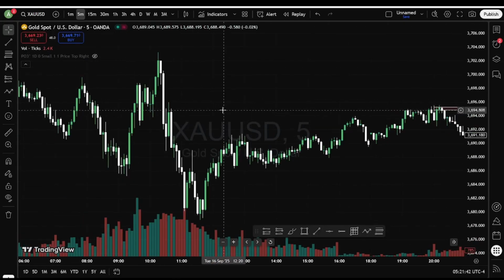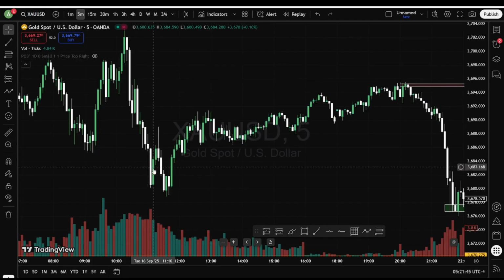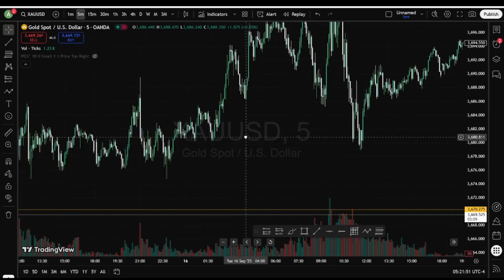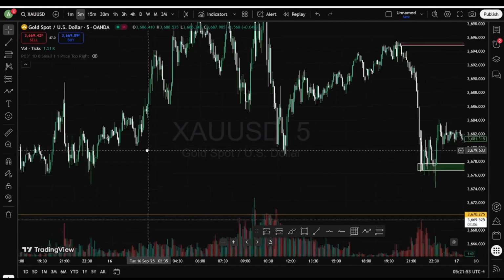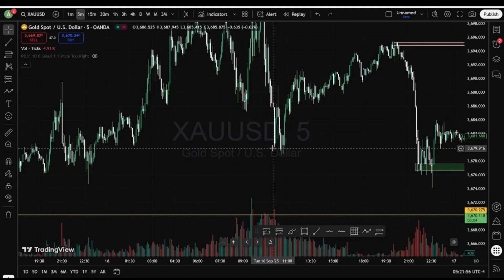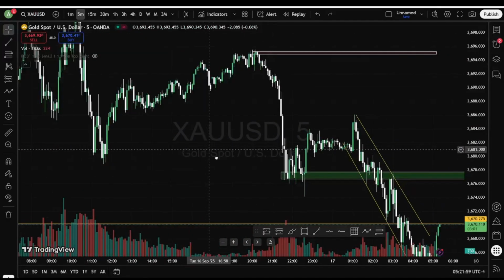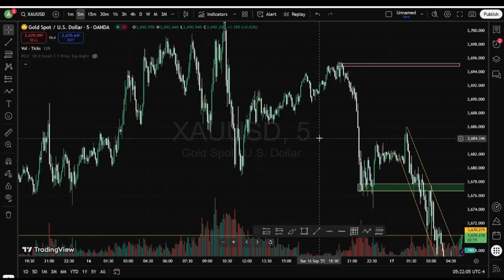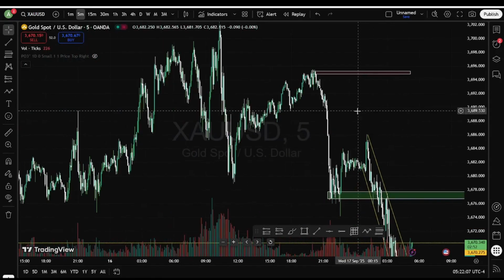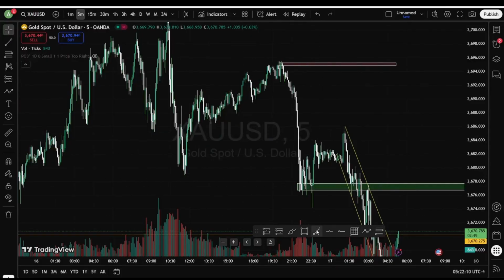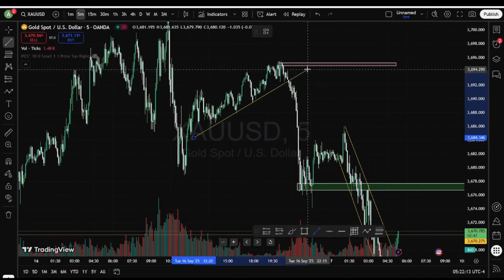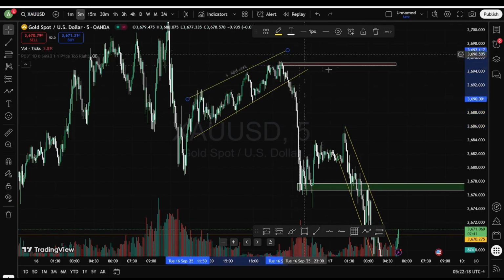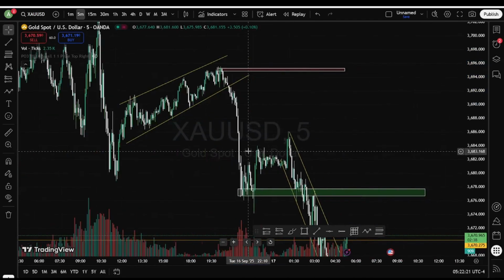So price came back bearish to our Asia London low, to take the London low liquidity, and again price went upwards with slow momentum. If you analyze using a trend line, guys, and we draw a trend line like this, you can see it's a rising wedge. It's a rising wedge pattern.